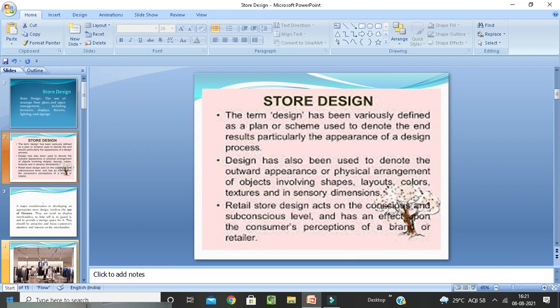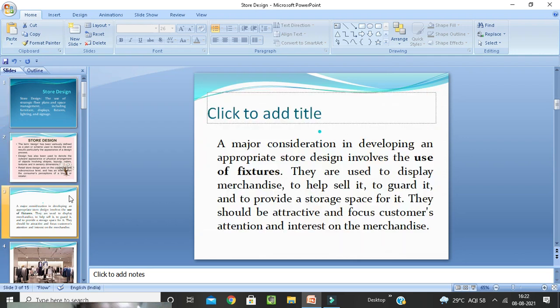And coming to the outside, that means the exterior, you have a storefront, signage and entrance, which are critical to attracting the passing shoppers and enticing them to enter. That is important. Now, the major consideration in store design is developing an appropriate